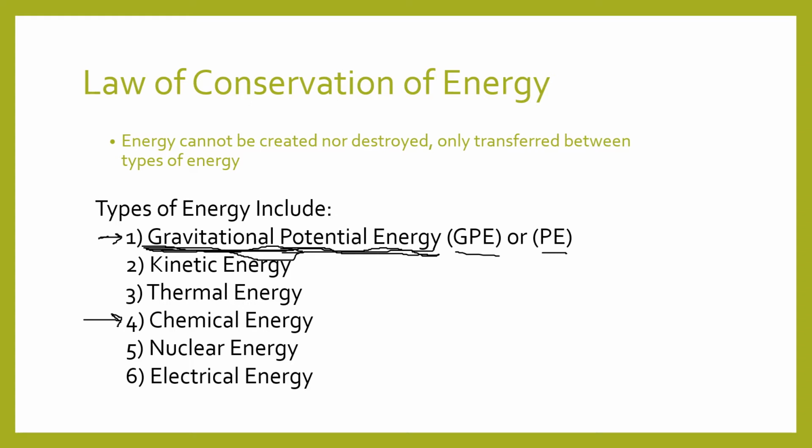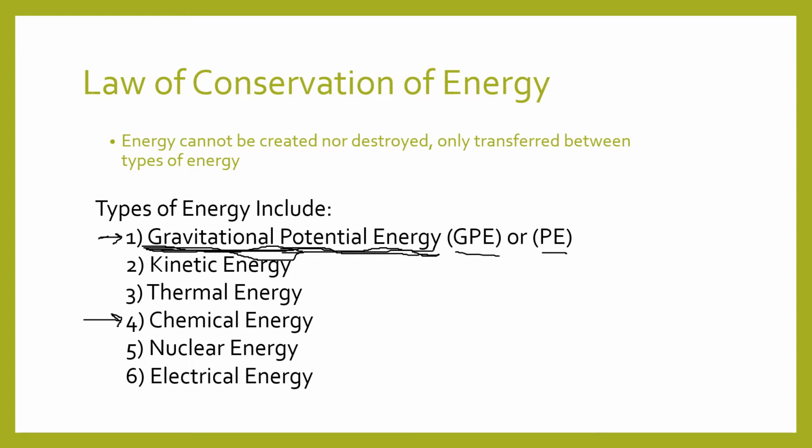Energy isn't created or destroyed, it's just transferred. Energy is just transferred among these types of energy. When you rub your hands together, you turn kinetic energy into thermal energy because you feel the heat. When you turn on your stove, you are burning gas to form flame, so you're turning chemical energy into thermal energy from the heat of the flame. Thermal energy goes into kinetic energy.